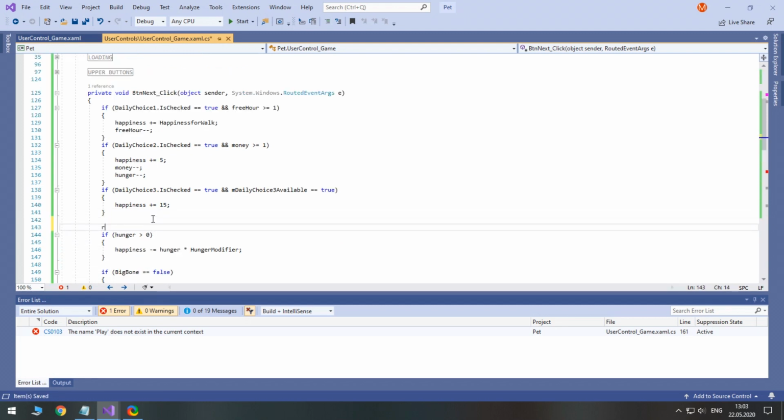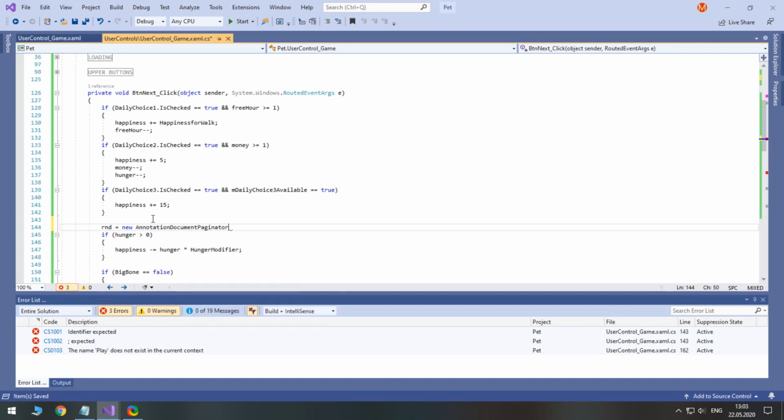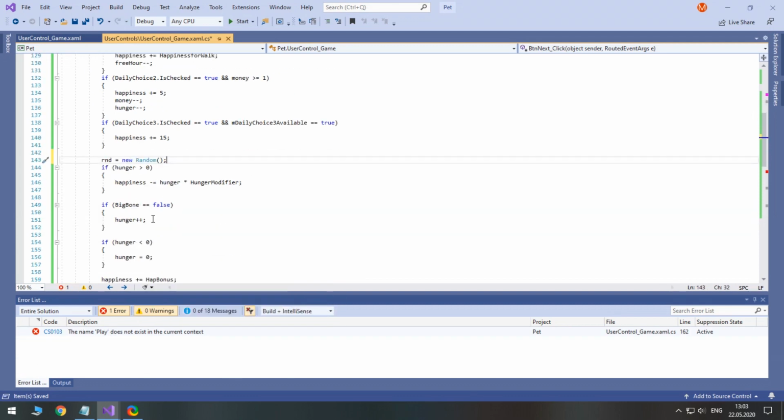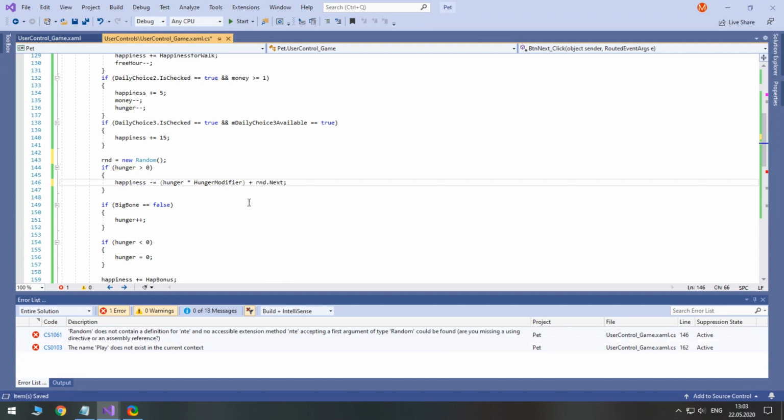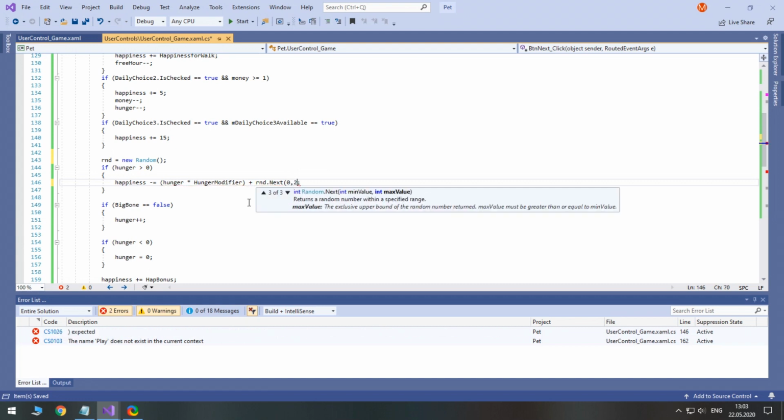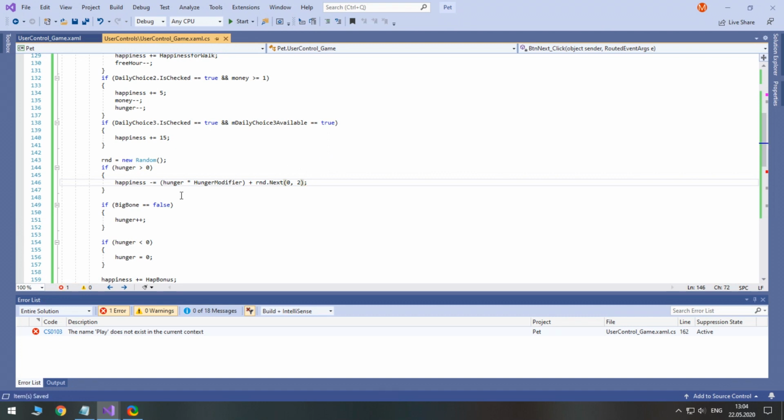Let's make our game a bit more difficult and add a 50% chance of decreasing happiness by 1 separately from hunger every day. There is an equal chance to decrease the happiness by either 0 or 1. Don't forget that plus plus is the same as typing plus equals 1.